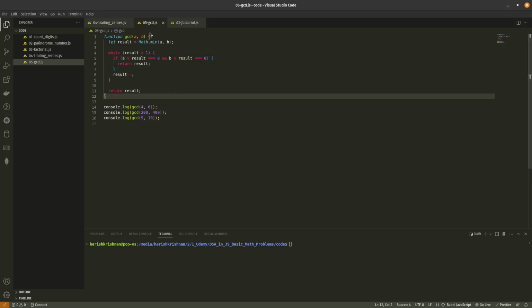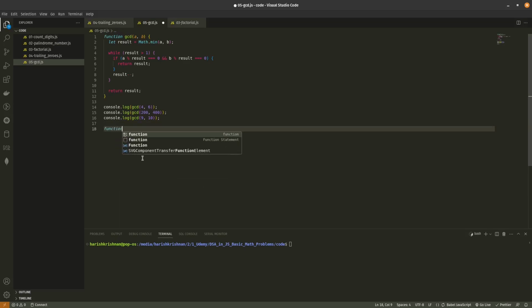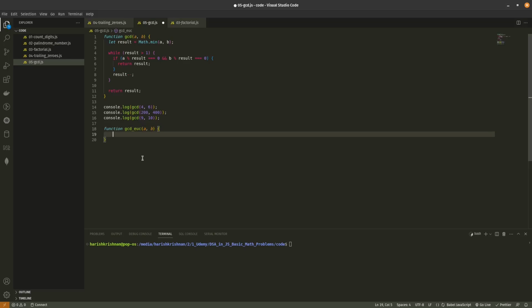Before starting, the time complexity of this solution is theta of min of a, b. Whatever is minimum, it happens min times of a or b. Let's start with another function, GCD_EUC for Euclidean, and we will pass a and b. If you know what this Euclidean is from the last video, we will just return GCD_EUC of b, and then we need to take the remainder,